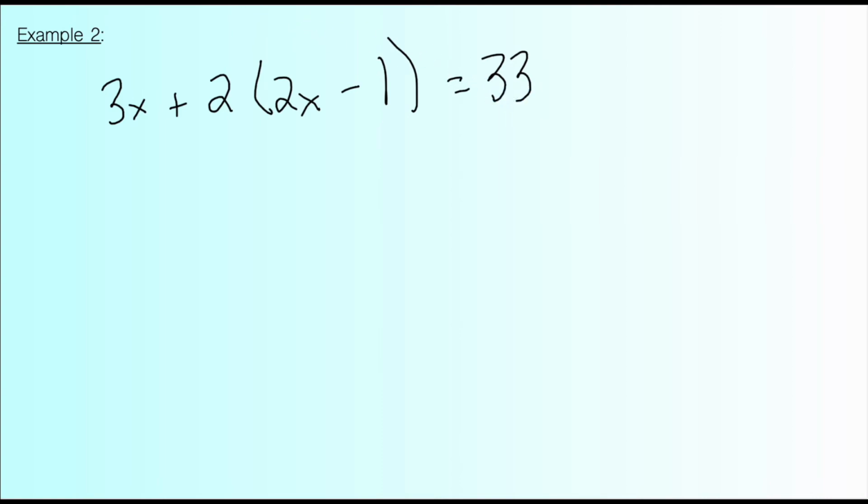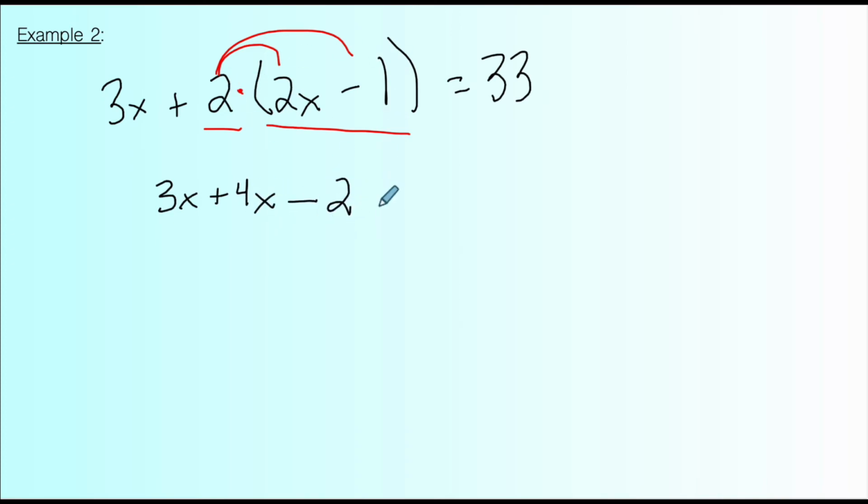So before I do anything else, since I have 2 times some stuff in parentheses, that's a prime candidate for using the distributive property. So 2 times 2x and 2 times 1. And then I'm going to rewrite my problem and go from there. So 3x plus 4x, 2 times 2 is 4x, minus 2. 2 times 1 is 2. Okay,